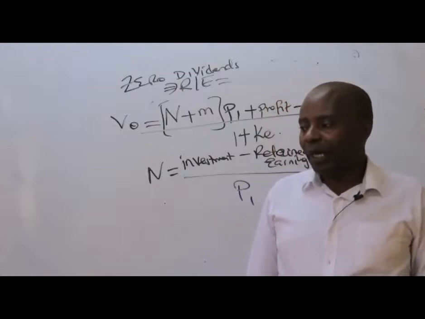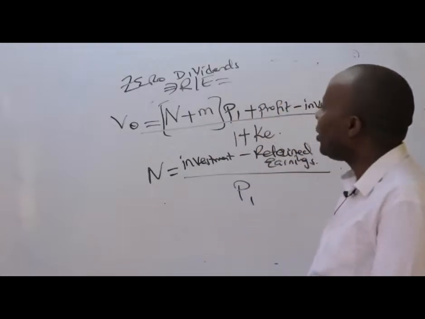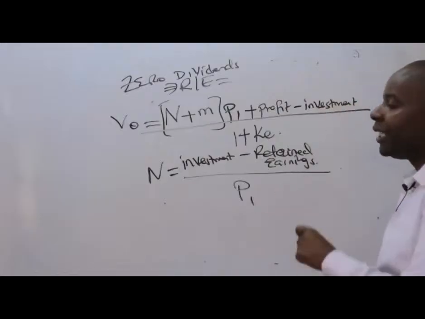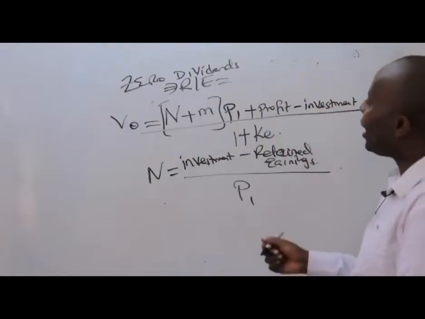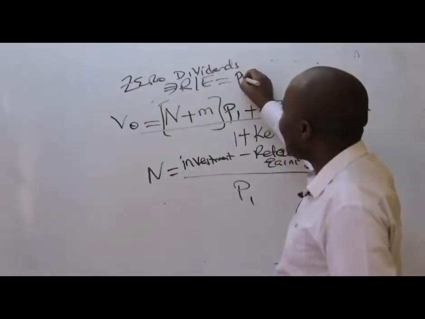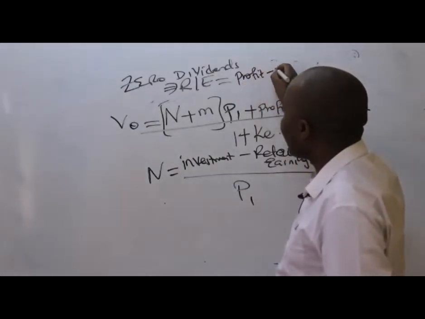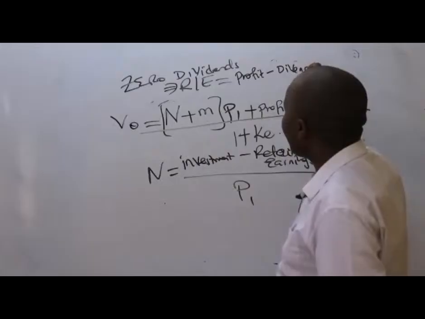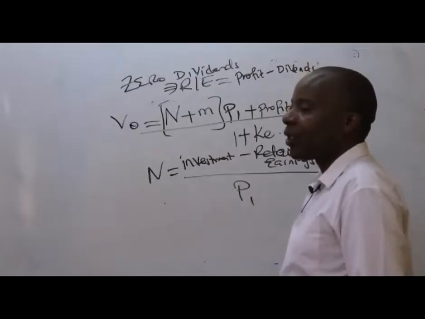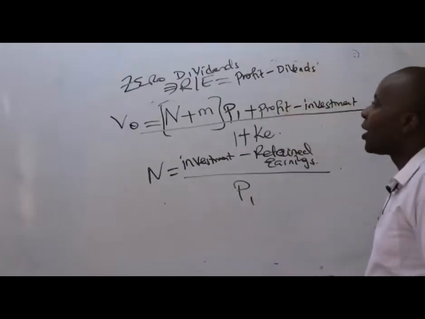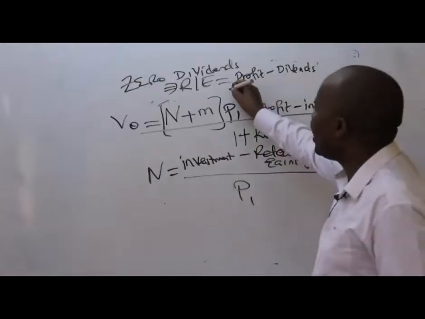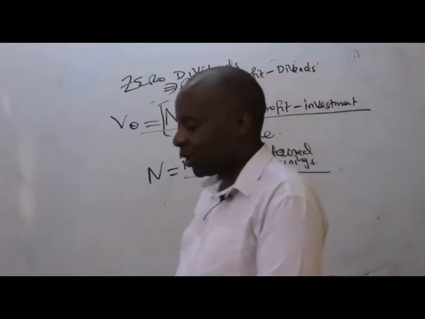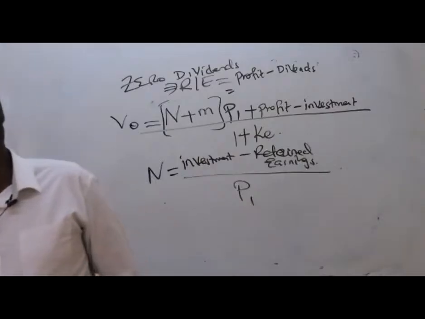So, ladies and gentlemen, when we don't pay dividends at all, to be able to get retained earnings, we normally take the profit that we get minus what we pay out, minus our dividends. So the profit which we generated from the question here,